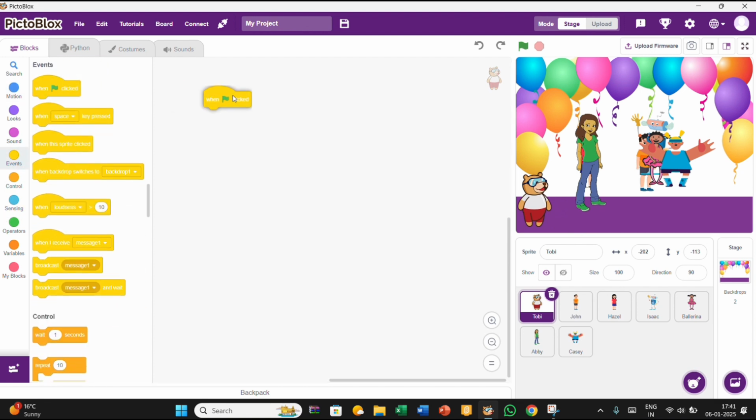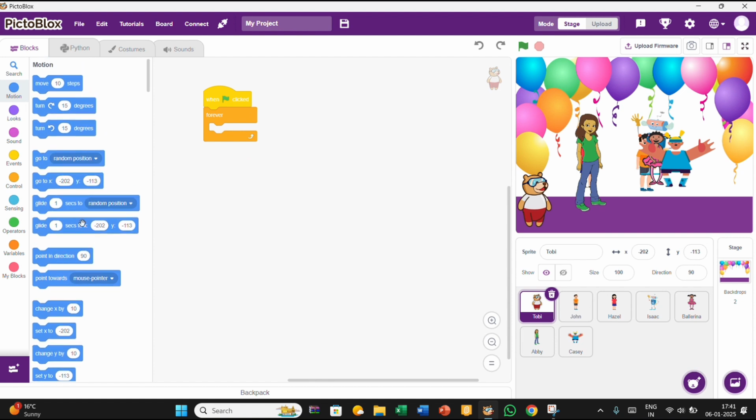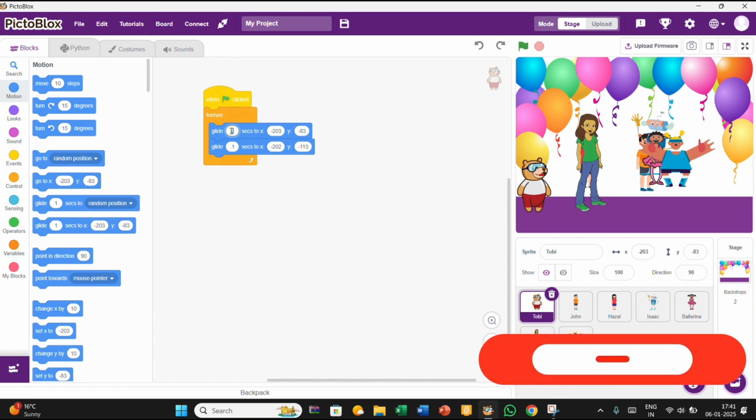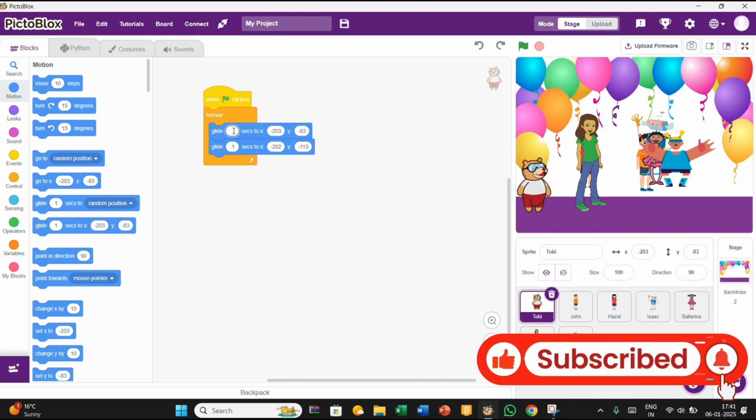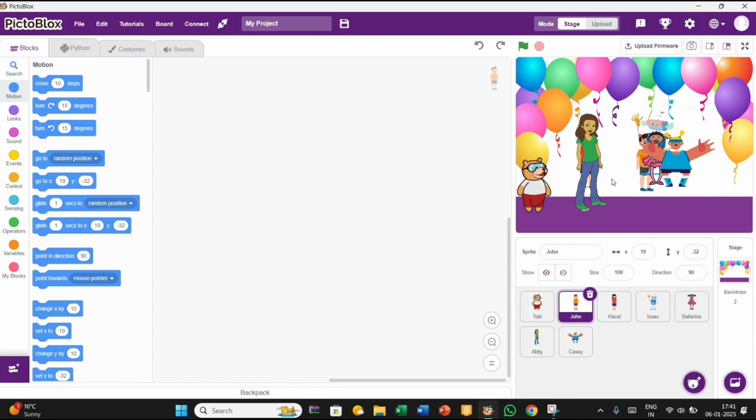We will take when green flag clicked, forever loop, motions, glide 1 second. We will change it to 0.1 second. We will place it a little bit upwards. We will take glide 1 second and change it to 0.2 second. We will take Zone,